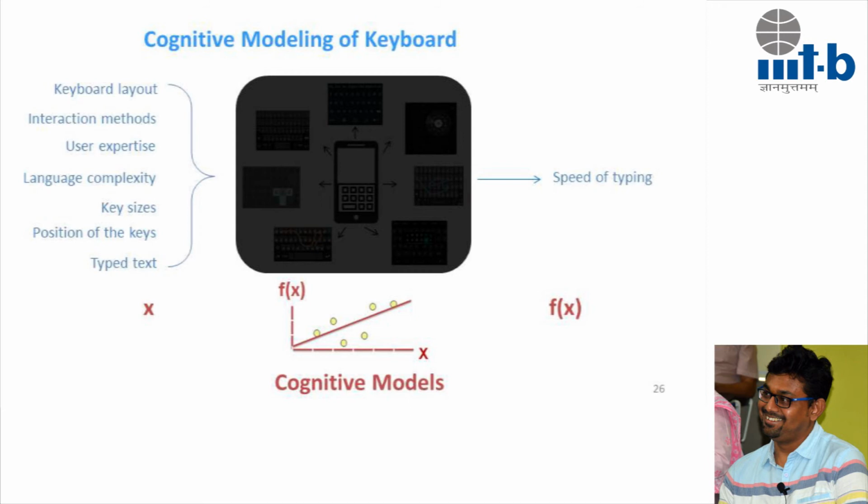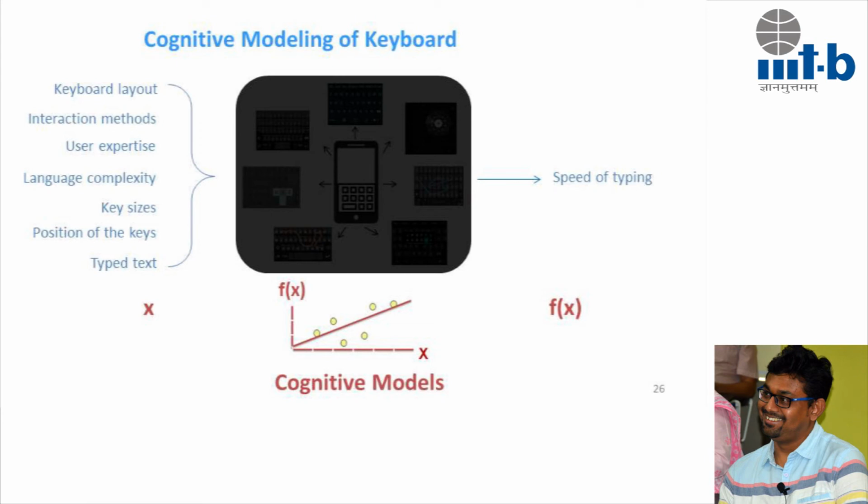Our research problem was to understand what defines a good layout and what defines a good interaction mechanism for keyboards. So there are all of these keyboards and we consider them to be a black box. We try to understand that there are different performance parameters, such as accuracy or speed, which can be modeled based on a few base parameters: the layout of the keyboard, the interaction mechanism the keyboard has, the size of the keys, where the keys are placed, and what type of text needs to be typed. Language complexity also plays an additional role over it.